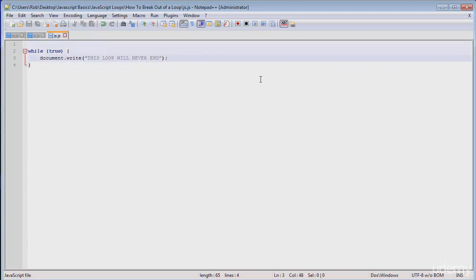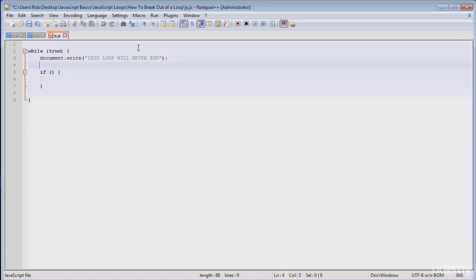Let's change our loop so that it becomes infinite. Now this is usually a really bad idea, but let's use it just for this example. So looking at this loop, it will run forever because the loop will never become false. It always remains true. We can, however, add a conditional statement with a break command in it. Breaks can be helpful when the loops become more complicated and we are running lots of conditional statements inside of